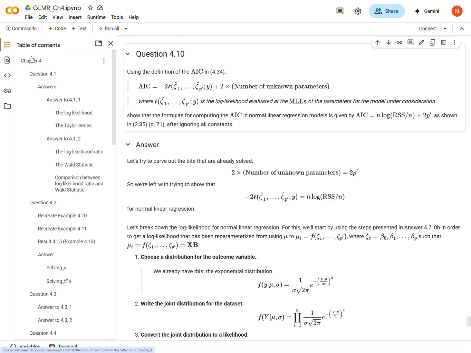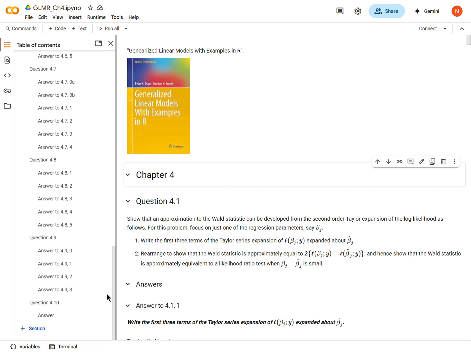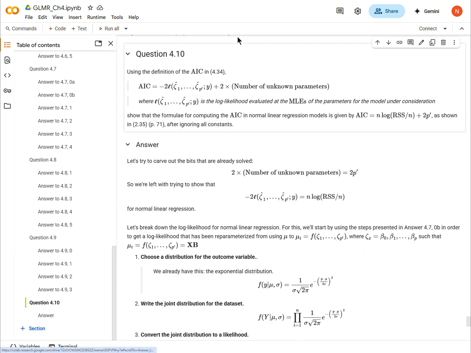This is Generalized Linear Models with examples in R, and we are on the very last question of Chapter 4, question 4.10. What we're going to show here is that for a normal distribution, or using normal linear regression would be a better way of saying this,